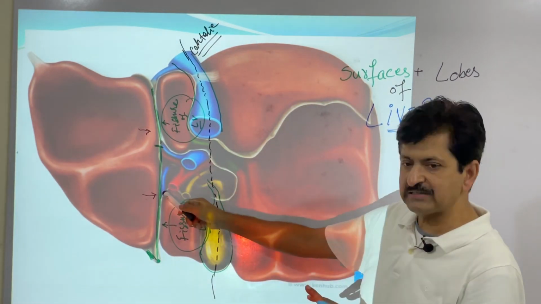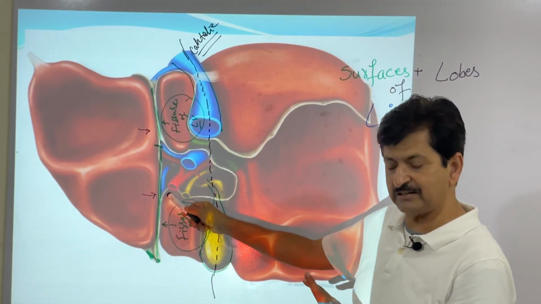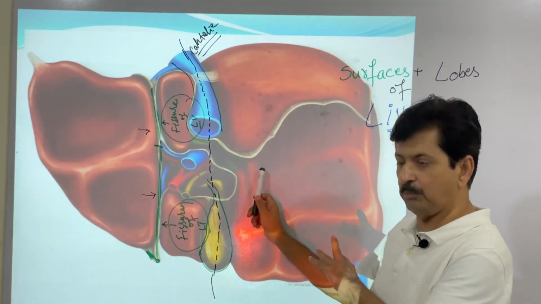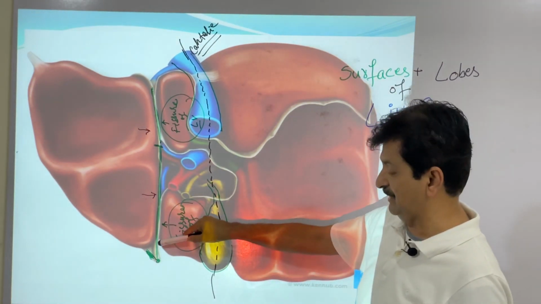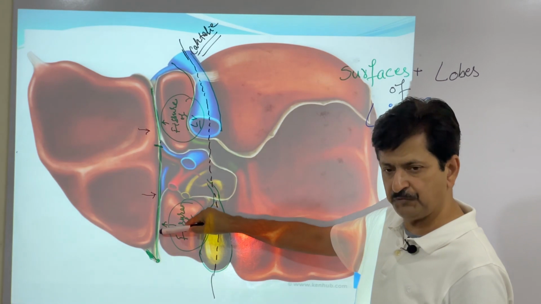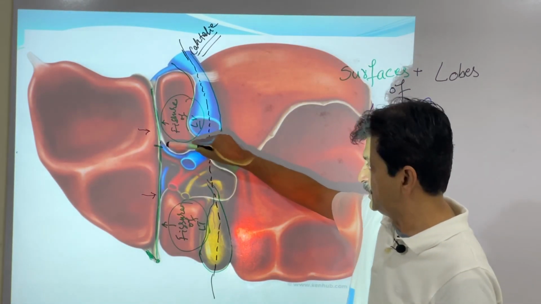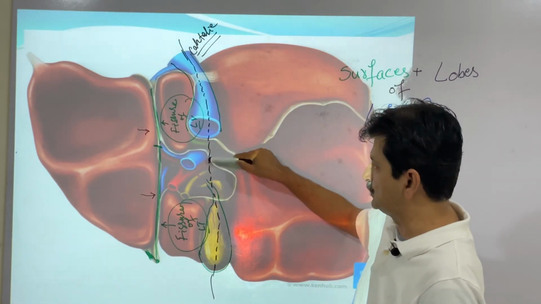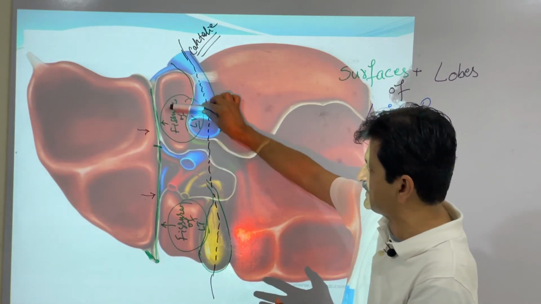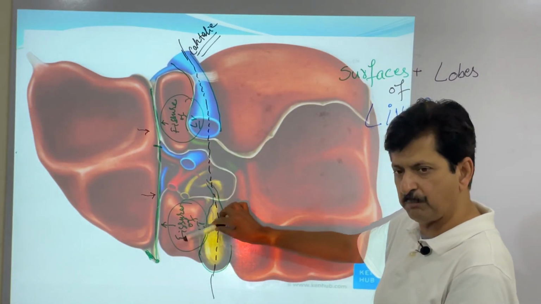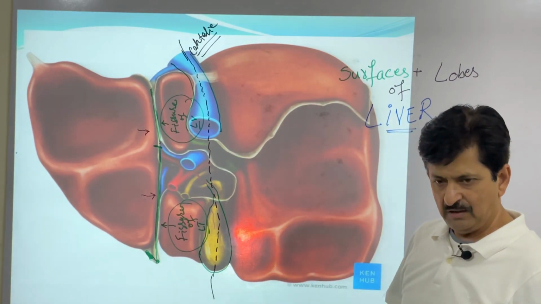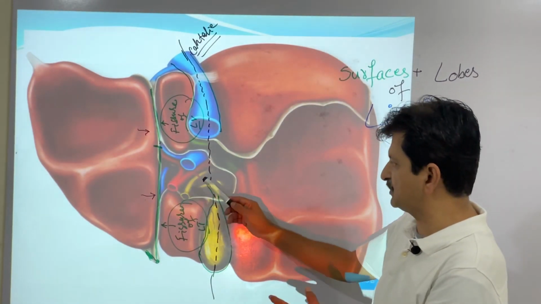And already present anatomically is a line that has been in fact between the left lobe and the right lobe, and this is the line represented partly inferiorly by the fissure for ligamentum teres and above by the fissure for ligamentum venosum. So between these two lines, this piece of liver in fact belongs to the right lobe.